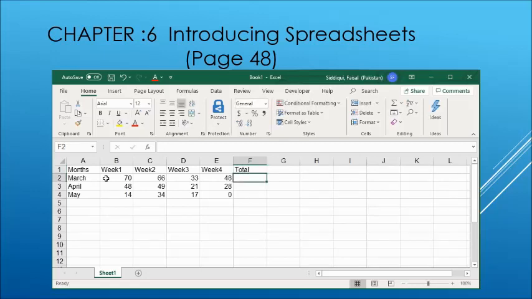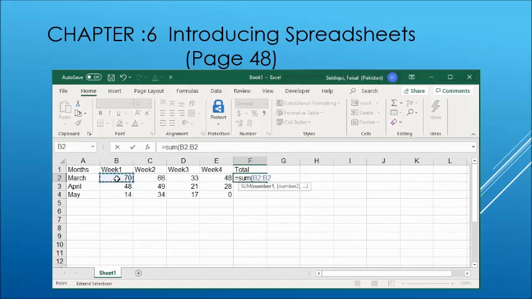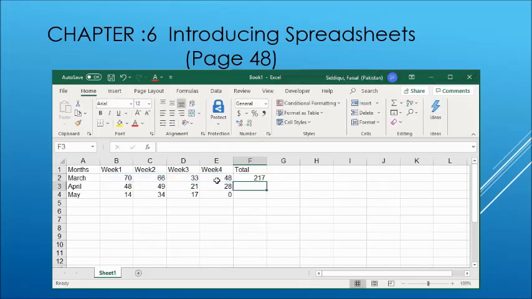In order to find the total, we will write the formula that will start with an equal sign, then we will write sum, put a bracket, and the cell address of the first cell, that is B2, separated by a colon, and the cell address of the last cell, that is E2, and then close the bracket. We will press the enter key and the sum of the books sold in the month of March will appear here.